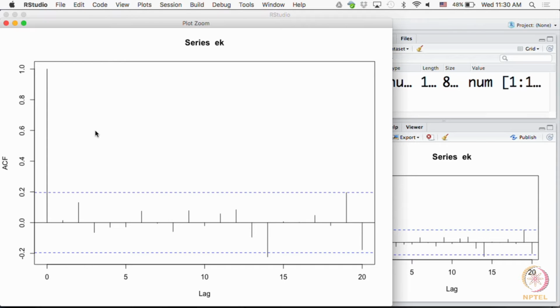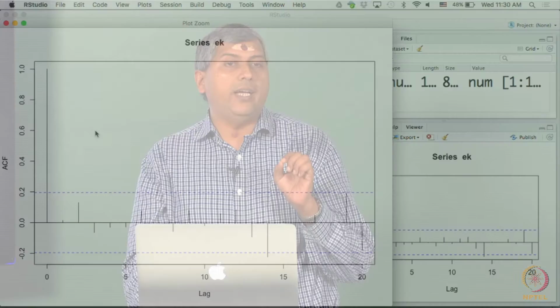So, coming back to the discussion, the ACF should ideally have looked like an impulse, but that is for the theoretical one. It looks at the full ensemble, essentially the population, but here we have estimated the ACF from just a sample of 100 observations. Obviously, this estimate is going to be different from the theoretical one, but it can't be significantly different. Now, what is significant cannot be subjective, cannot be an individual's opinion. One has to use statistics to figure out what is meant by significantly different and so on. As an example here, ideally we should have expected the ACF at non-zero lags to be 0, which it is not,